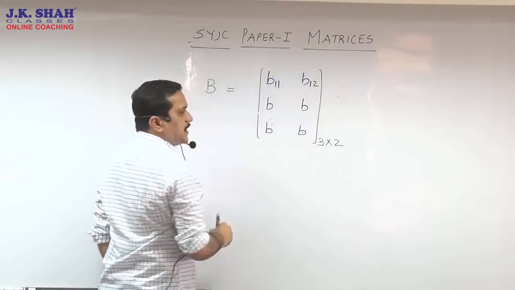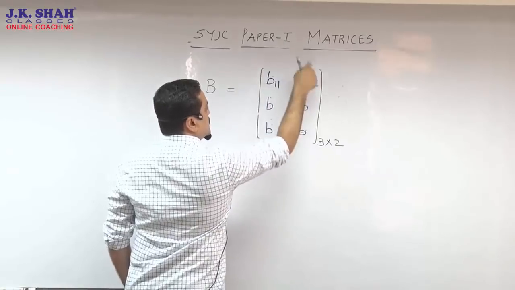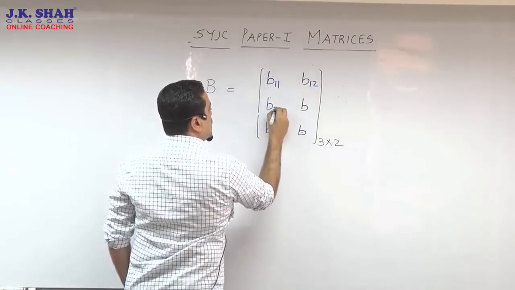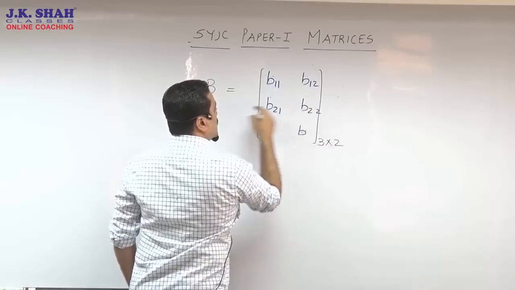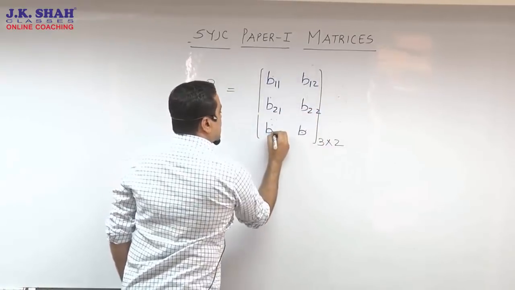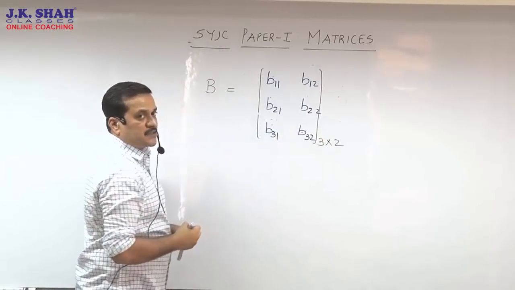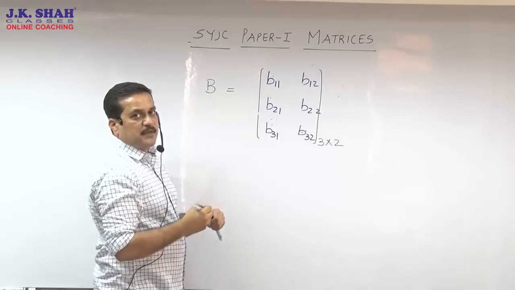I hope you all are getting it. First row, first column. That is first row, second column. When we move over here, it's going to be 21, 22: second row, first column, second row, second column. That should be 31, 32. I hope you all now understand how addressing is given to elements.